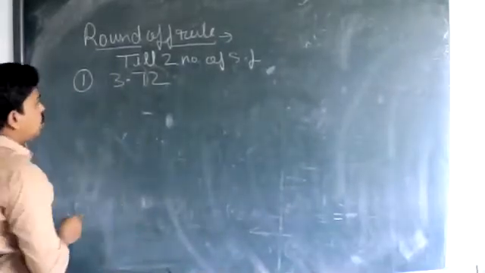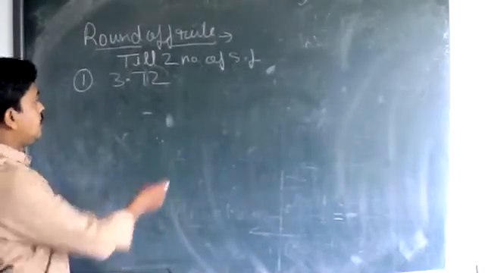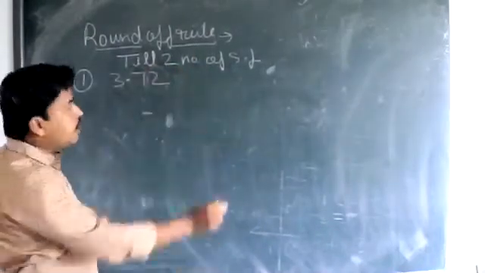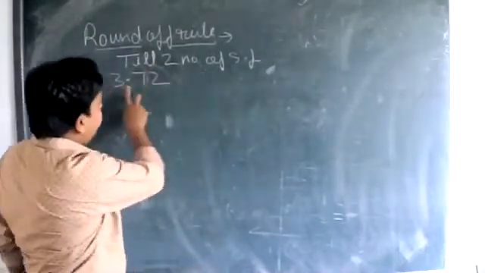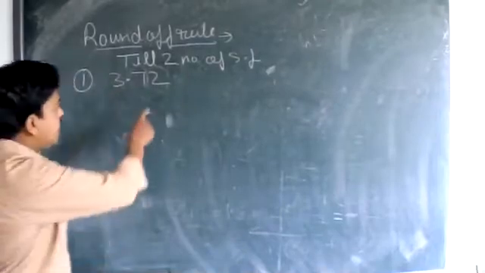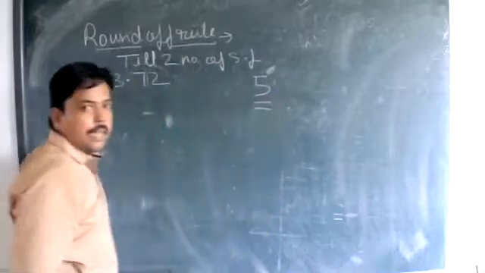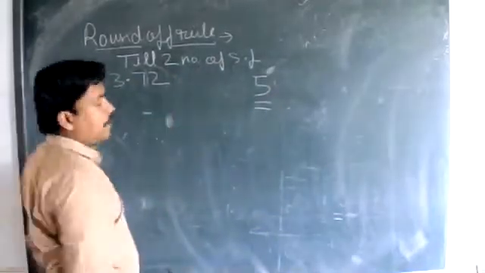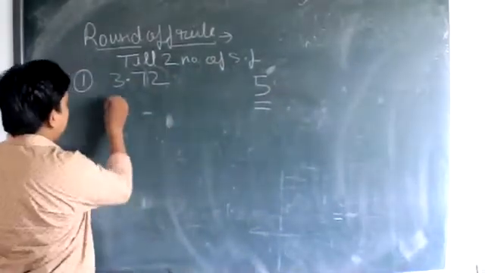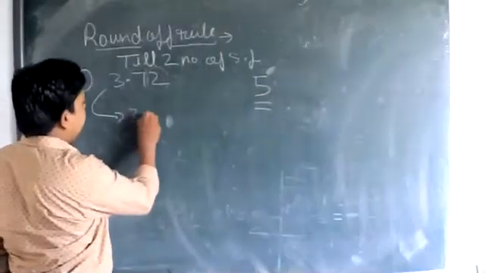So according to the first rule, the number which we want to eliminate to get till two significant figures is less than 5. We have decided one parameter that is equal to 5, and with respect to this 5, this 2 is what? Less. Okay. So this number can be written as what?